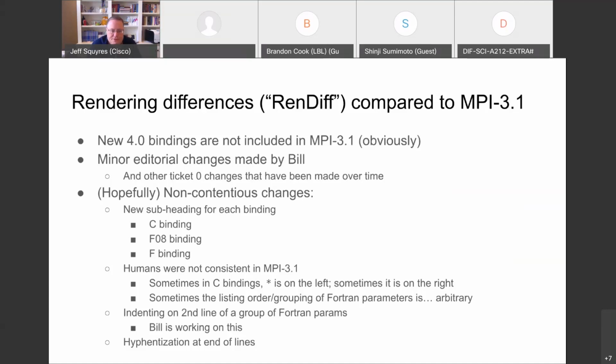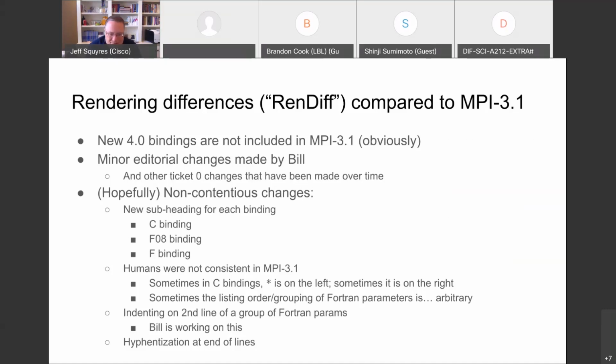So that's trivial. The second trivial thing is that the humans who wrote MPI LaTeX up to version 3.1 were not entirely consistent. Sometimes in the C bindings, the star for a pointer is on the left, sometimes it's on the right. And sometimes the listing order and the grouping of Fortran parameters is weird.